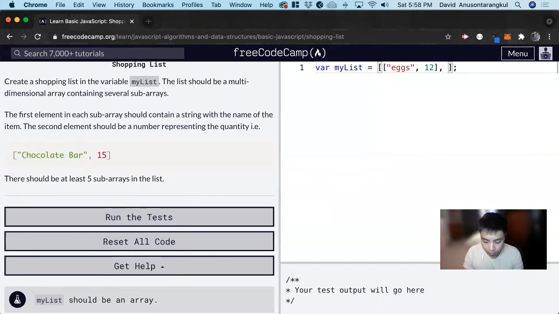Now we do the second item. Let's do milk, 1, and then cookies, 6, and then chicken, 2, and lastly bread